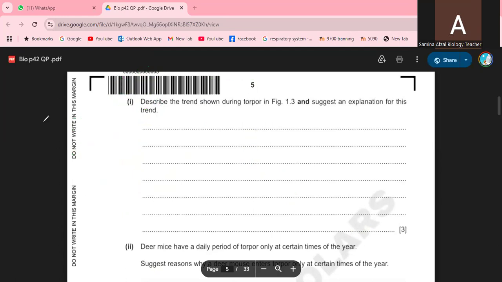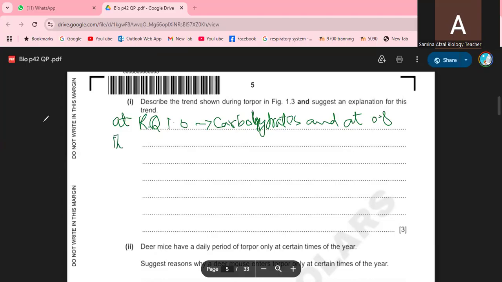So the graph indicates that at RQ 1, it is using carbohydrates, and at 0.8, the RQ value indicates proteins,